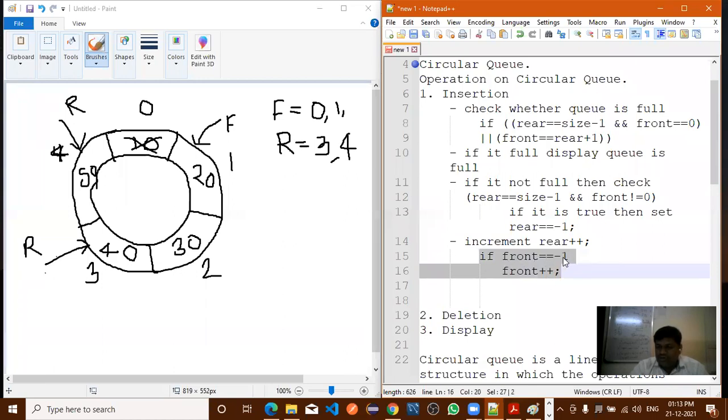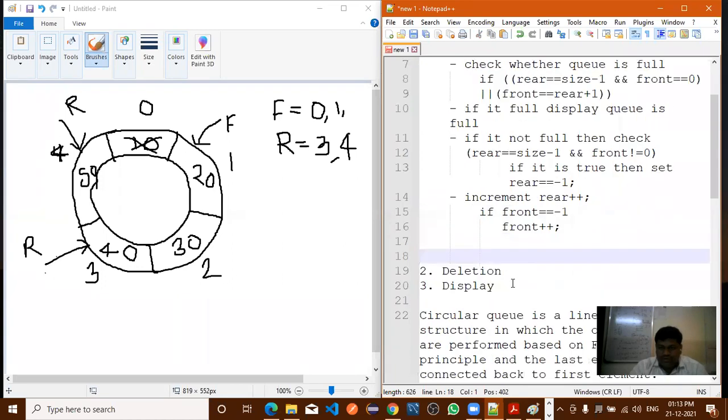Front equal to minus 1. So we need to increment the front pointer, right? Or directly you can assign front equal to 0 also. No problem. Front equal to 0.